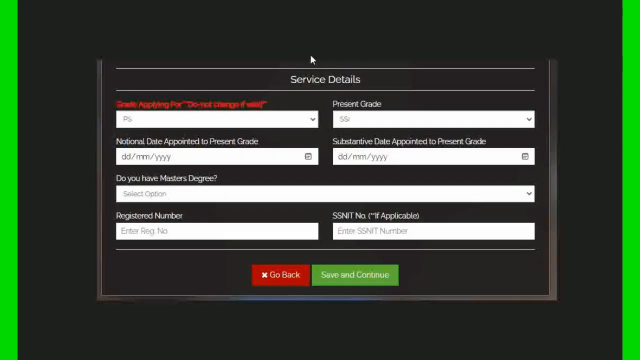Then the service details. Grade applying for, do not change if valid. So you have to cross-check the grade you're applying for. So in this case, mine is PS, and my present grade is SS1, the Senior Superintendent 1. Notional date appointed to present grade. Notional date simply means that it shows the date in which a colleague or an employee